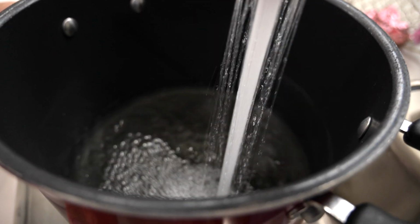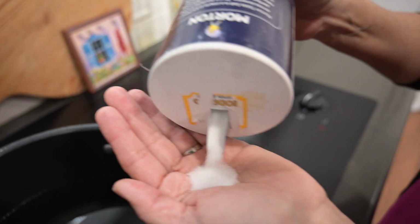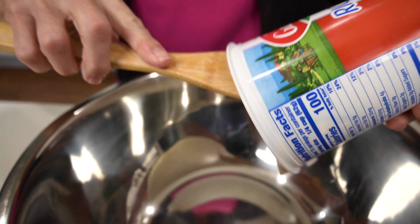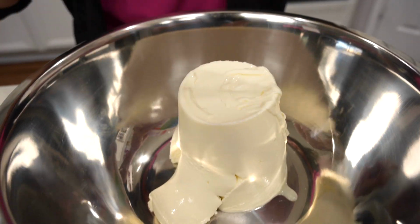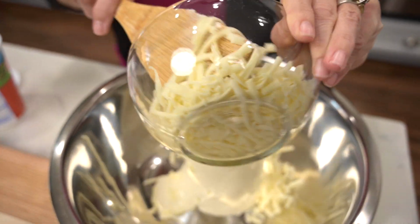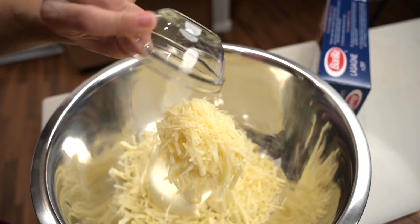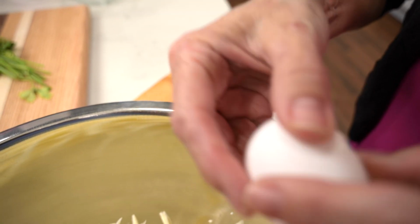Meantime, I'll put some water in a large pot and set it on the stove to boil. I'll salt it with about a teaspoon of salt, and while that's heating, I'll start making the filling. For this, I grab a large bowl, I put in the ricotta, then 2 cups of grated mozzarella cheese, 1/4 cup of Parmesan cheese. I crack open an egg,